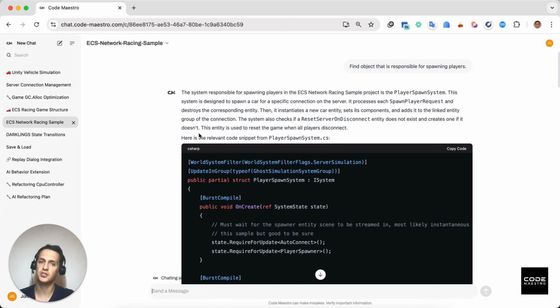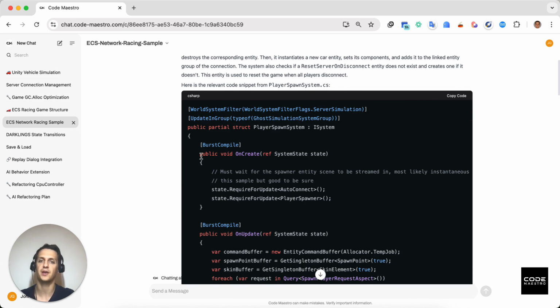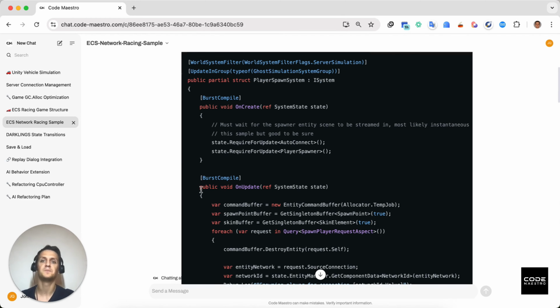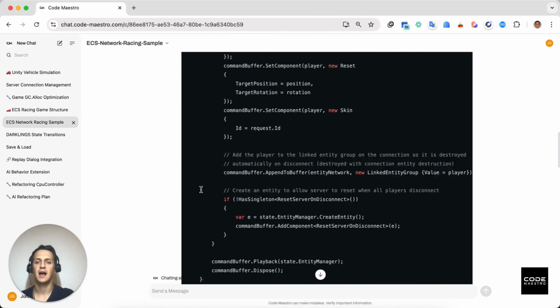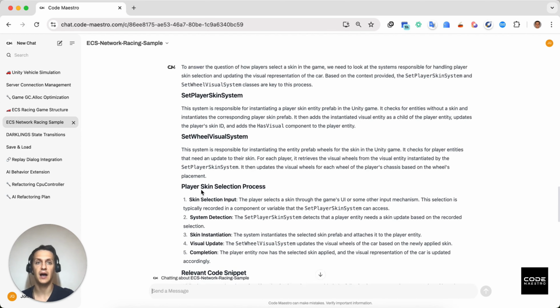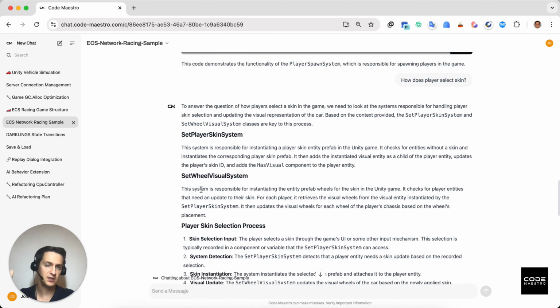And it not just points me at it, but it provides me a relevant code snippet with the most important and relevant implementations from that class with key methods. And I also did a follow-up question asking about a particular thing that I might be interested in within that system. I asked how can I, as a user, select the vehicle